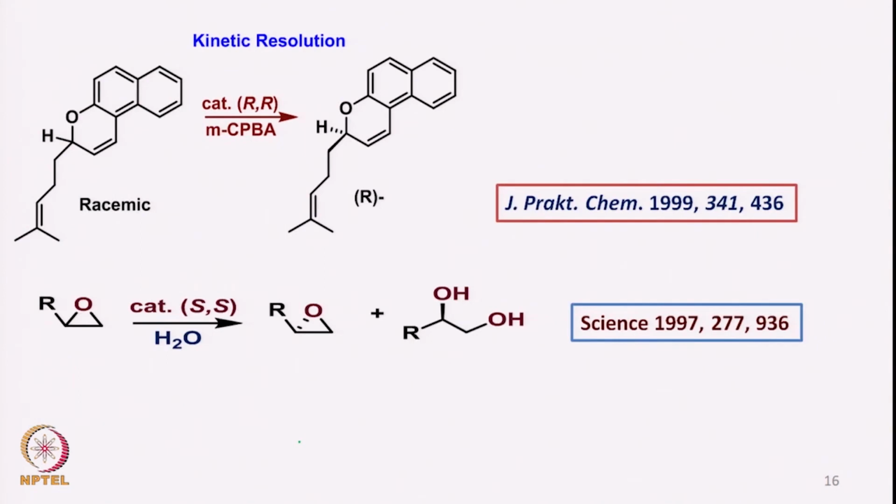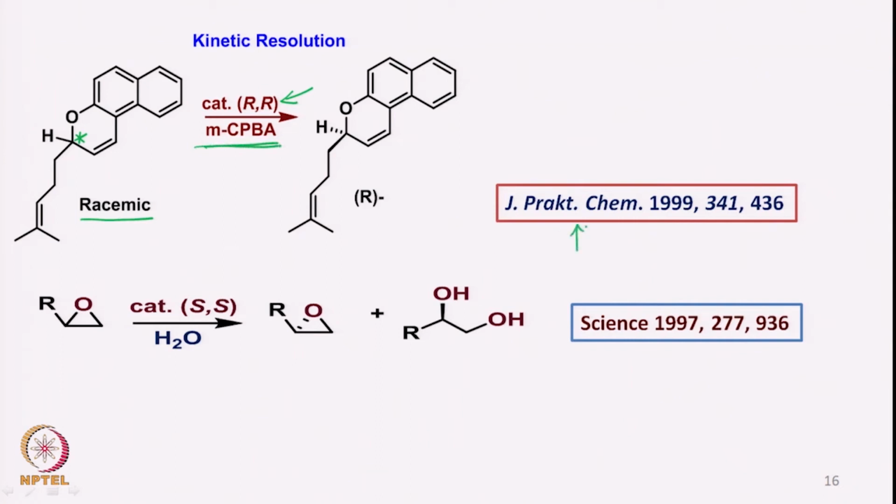We can also carry out kinetic resolution using these catalysts that have been found. For example, if we start here with an asymmetric center and we begin with a racemic molecule, that means we do not have an optically pure molecule, and then we take a catalyst which is RR oriented, one of the manganese 3 complexes, and react with oxidizing agents such as metachloroperbenzoic acid, and what is found, which is mentioned here